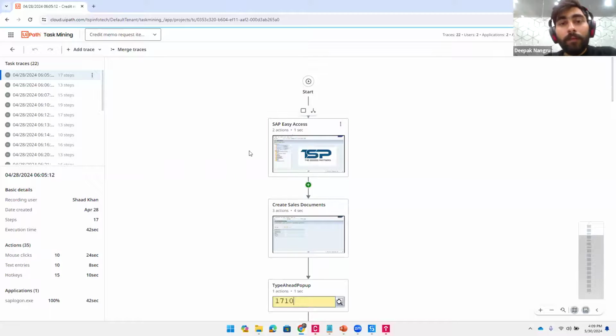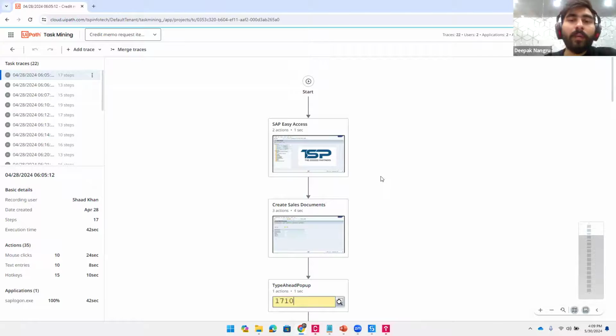One more benefit I would say over unassisted here is that we have the complete right to edit flows. I can simply add a step in between. I can simply add a decision point in between. I can simply delete a certain step, and I can make this step the start from here again, make a different start point. All these are controlled by the user because it provides us the capability to be flexible.